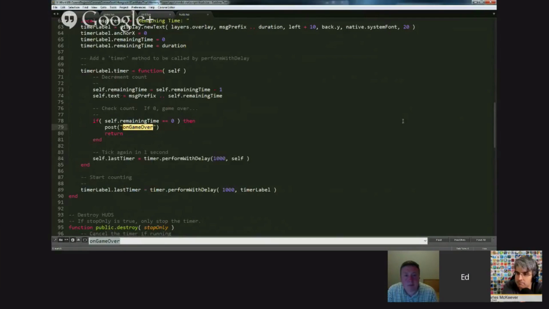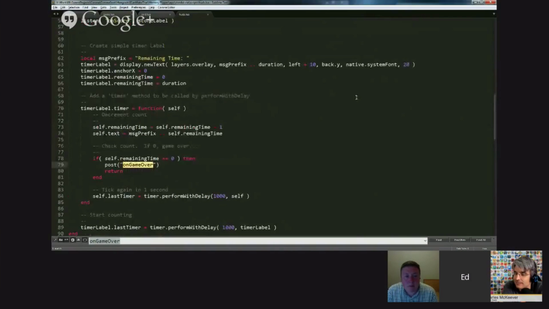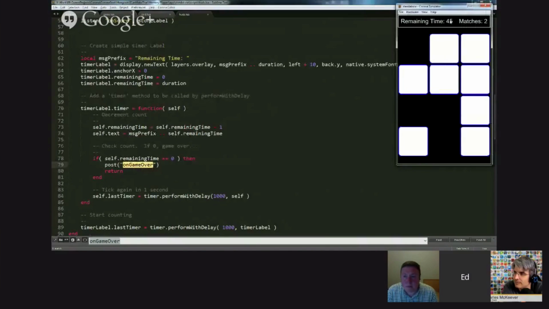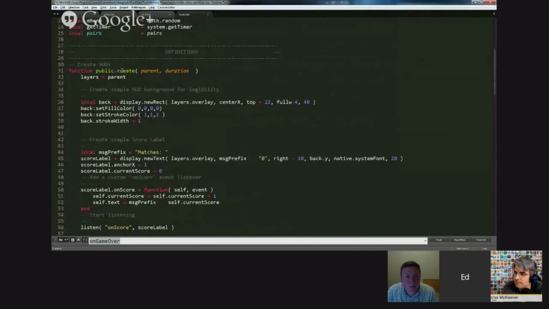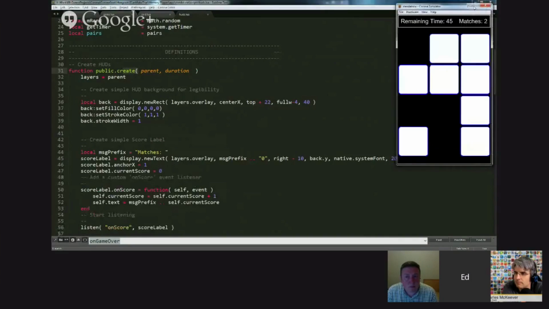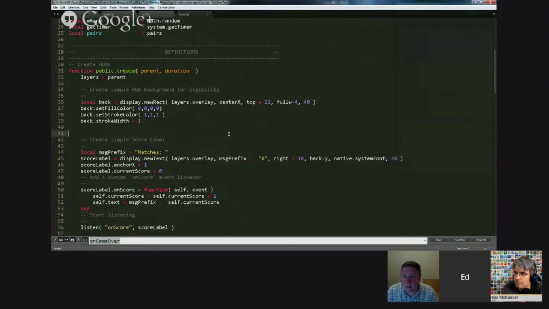Somebody else's backyard. Okay, so I just want to make sure we close this out because there's the lose case. The lose case, if we remember, is when the timer gets down to 0, you lose. So the HUD's Lua file has a create function. We don't need to go into it. We talked about it in a previous show. It creates this little rectangle in the background. It creates the text, and